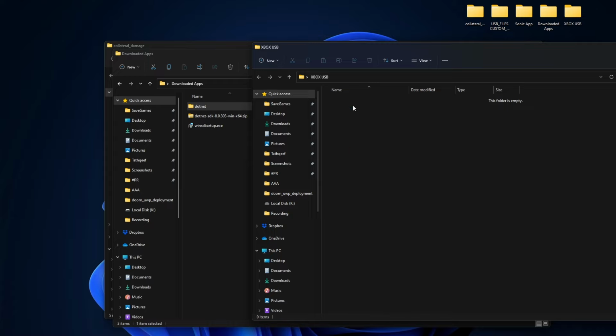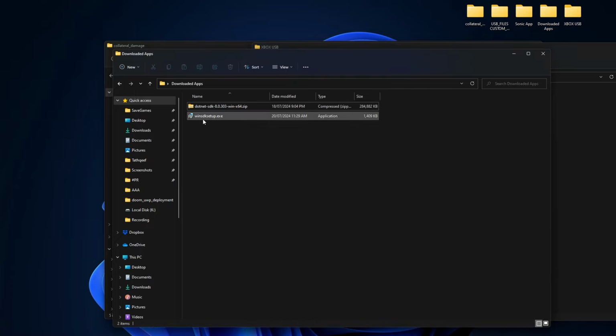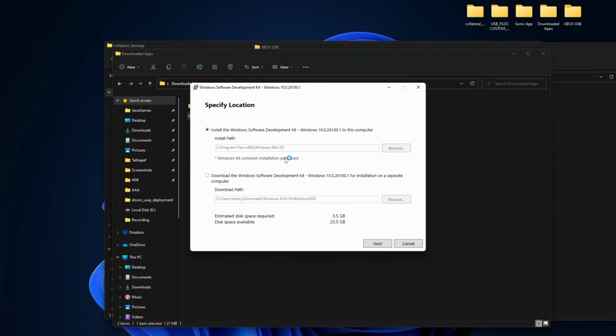So suppose this will be the root. What you need to do is just shift this .NET to the root of the USB. Okay, so this is step 1. Step 2 is just you need to run the Win SDK setup. So let's run that. It will mention here that you need to install the